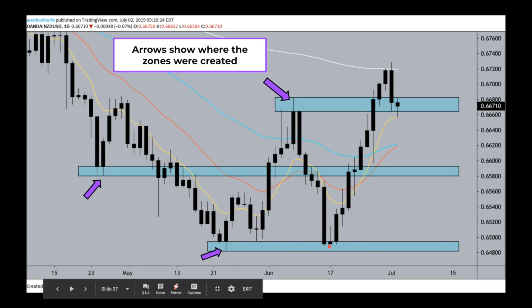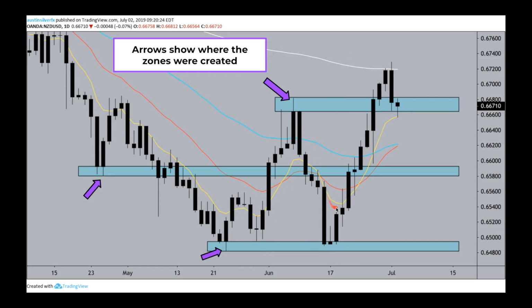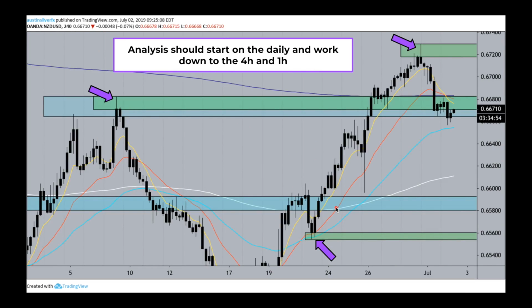And here at the bottom, we can see it was tested really well just a few weeks later. Again, on the daily time frame, just drawing simple boxes using wicks. Tested here, tested here. So when it came back down to this price again here, even though you were in a downtrend, you would be hesitant to try to sell it here because it had already bounced off it twice. You would want to be aware of things like that when you're trying to take trades.